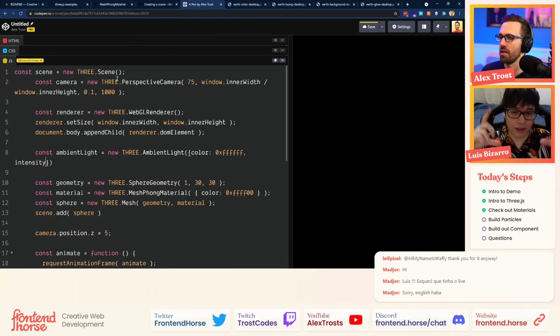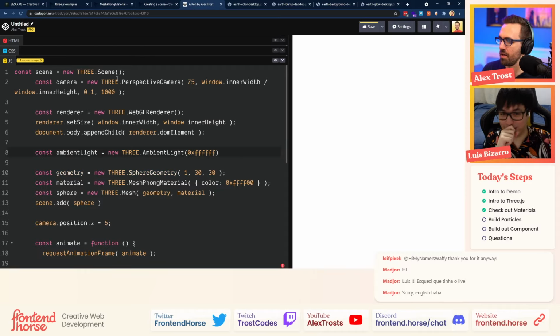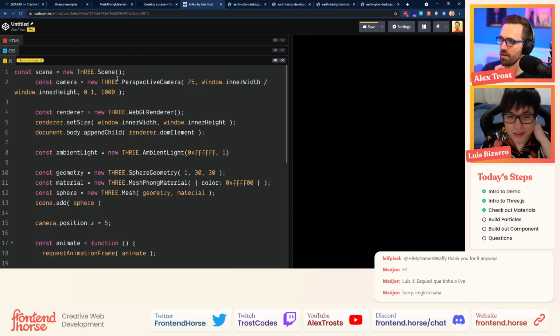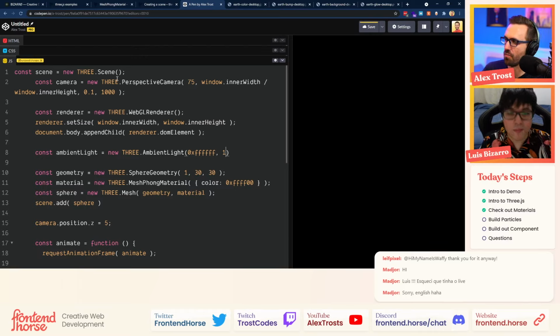Actually, we don't create objects, it's just the color. And then the intensity of the light. You can have 0.1, that would make the light less intense. And then we need to apply the light to the scene using scene.add ambient light.